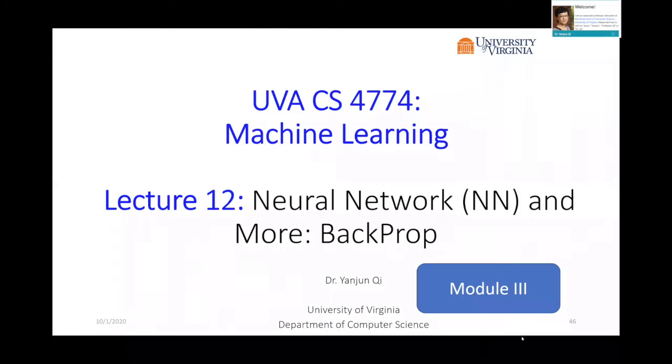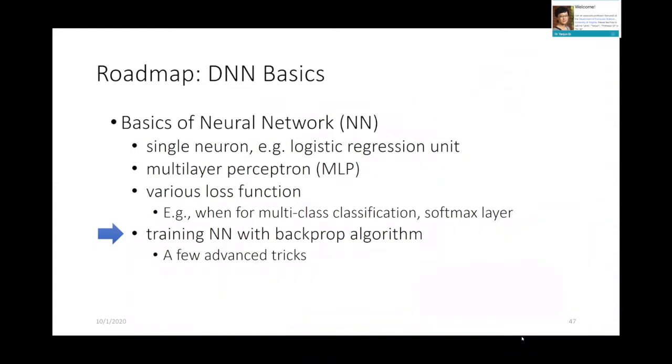Okay, so this is the third module of basic neural networks. What we're going to cover is backprop, the stochastic gradient descent method used to train these neural network